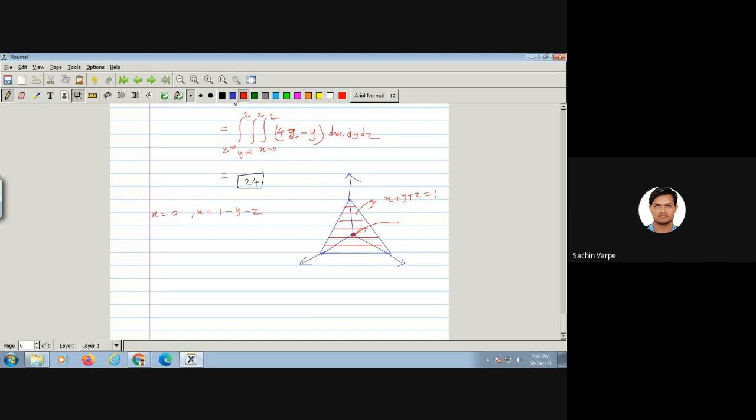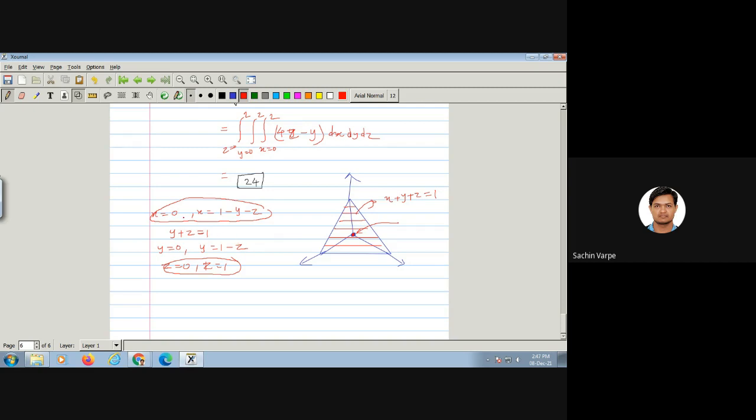Now at the same time that strip is moving in 2 dimensions. So over 2 dimensions, suppose I substitute x equal to 0, so y plus z equals 1. So to get the limits, y will vary from 0 to y equal to 1 minus z. Is this clear? And now to get the limits of z, I'll substitute x and y to be 0. So I'll get the limits of z, that is z varies from 0 to z equal to 1. Clear to everyone? So one of the 3 variables must be a function of the others, just like this.